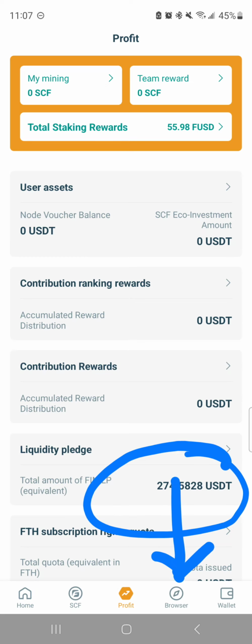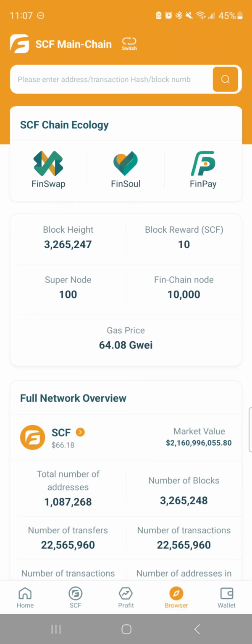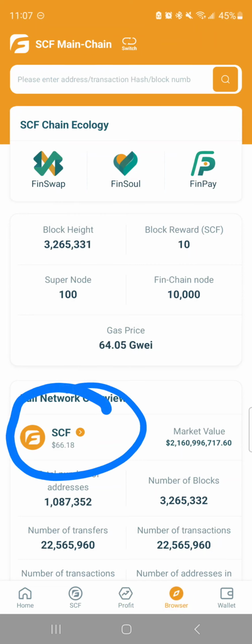I want to be very intentional because I needed to know what was the price of SCF at the time of the video, right? So I'm pointing this out to you guys right now because SCF, as I'm making this video, is worth 66.18 USDT, FUSD, those things. It's worth 66.18. Last week, I know for a fact it was closer to the 61 mark, but I'm not exactly sure. And I'm going to show you that you actually can click that little arrow there, and it's going to take you to